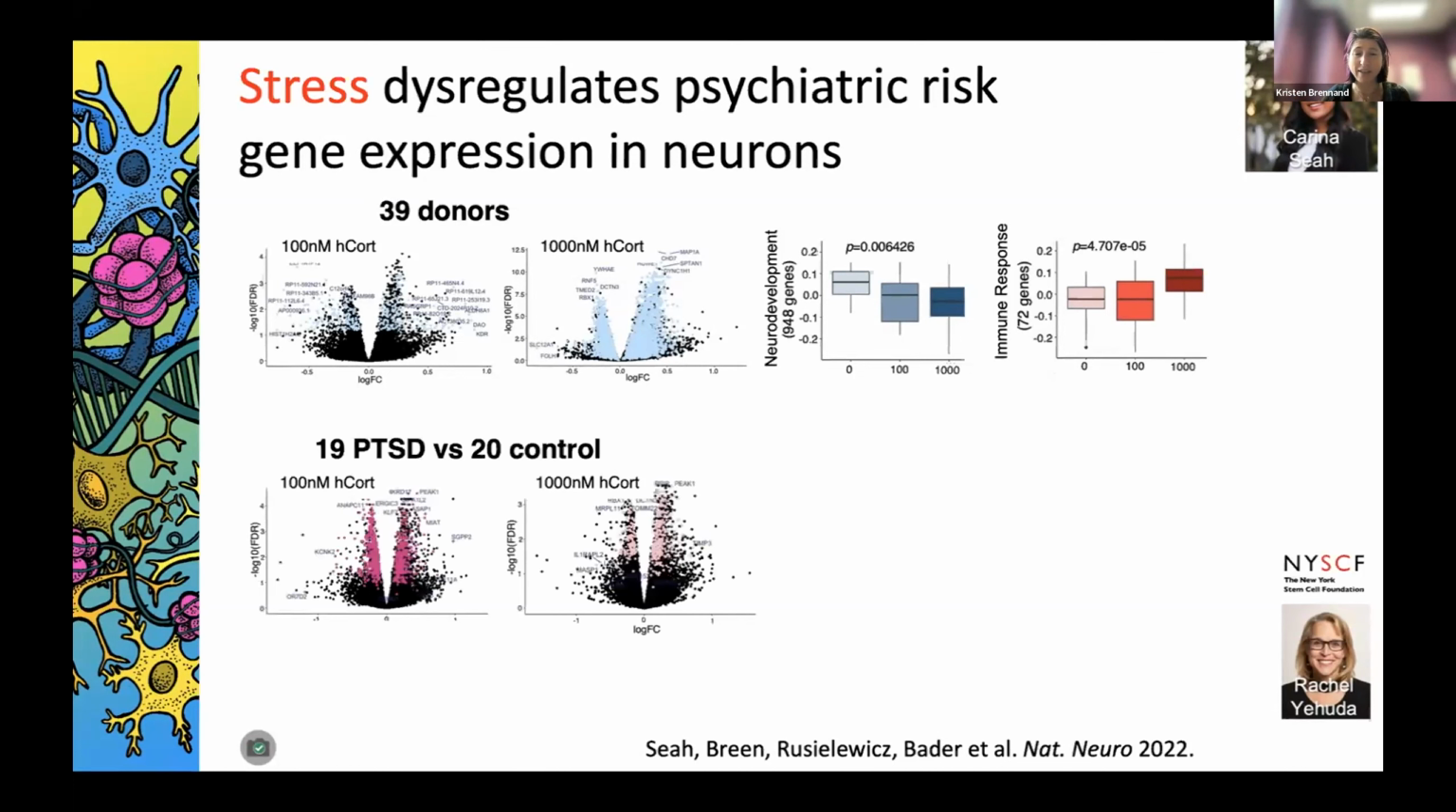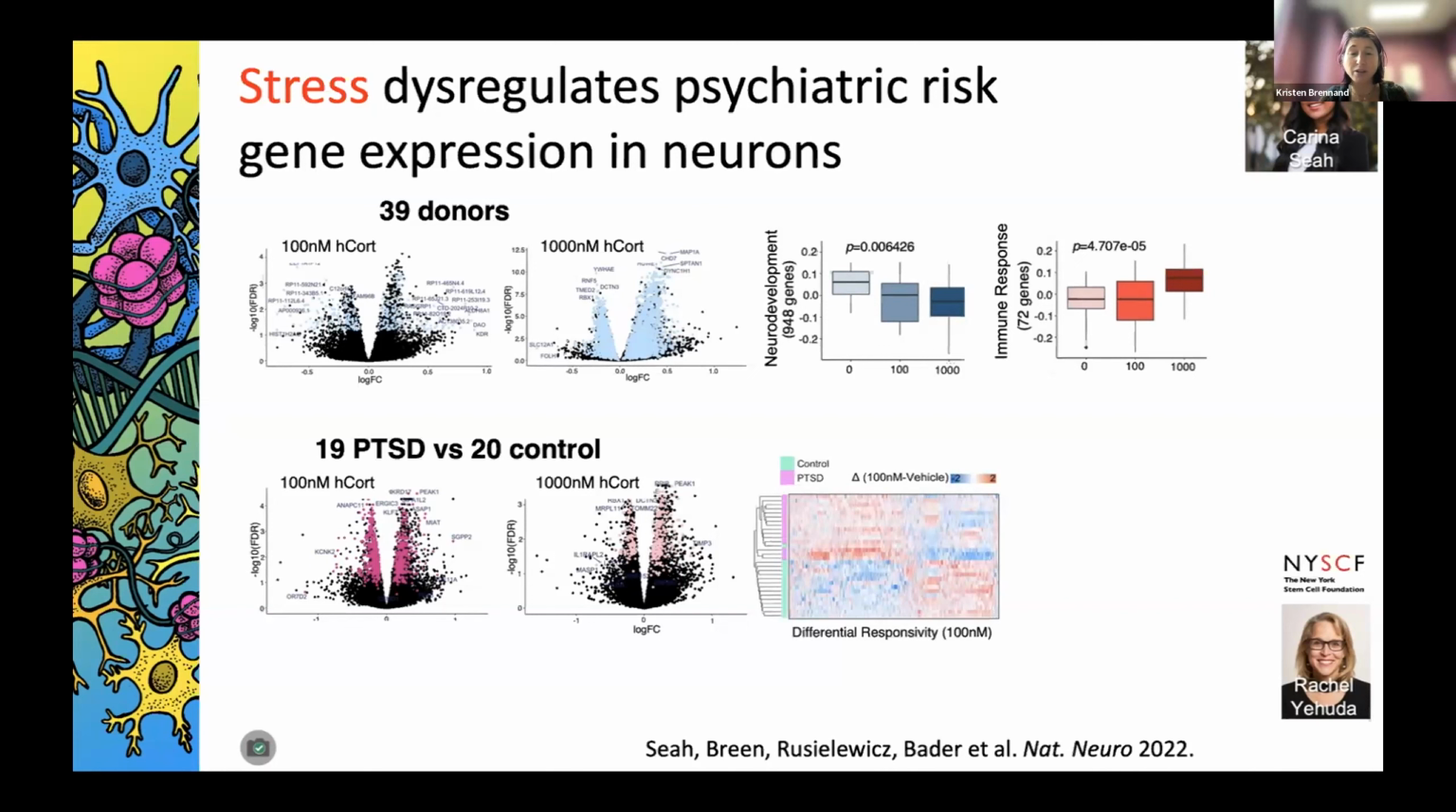And so you can subset that same data, now break it down by diagnosis. And you can ask how do we distinguish neurons that come from PTSD cases or controls? And in fact, we distinguish them not at high dose stress, but at low dose stress. All neurons respond to high dose stress, but the PTSD derived neurons were hyper responsive to stress, and they responded more robustly at low dose,